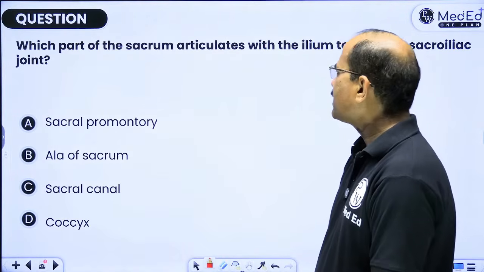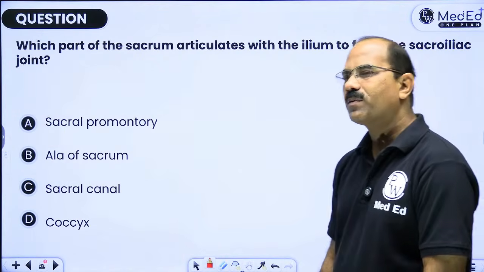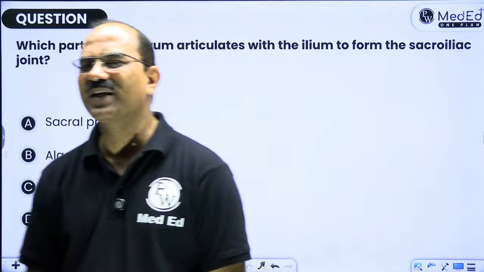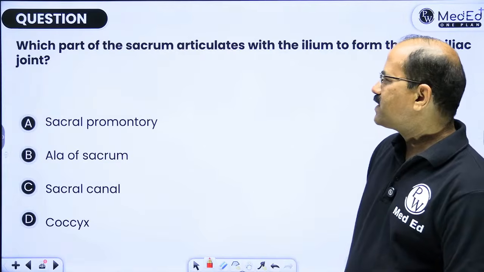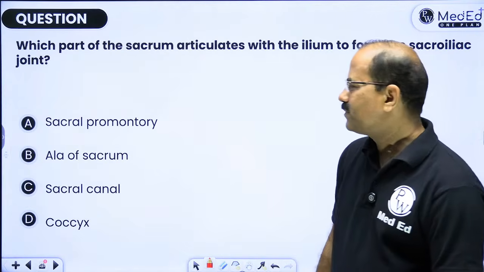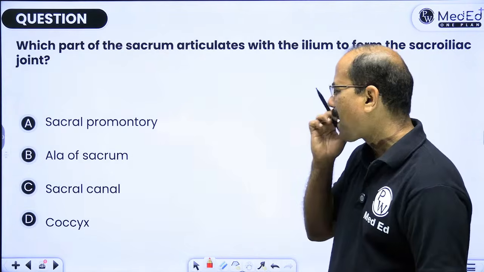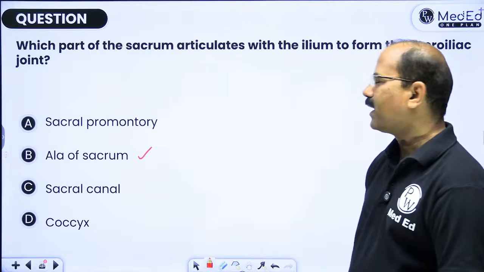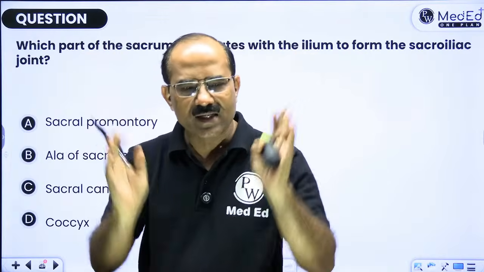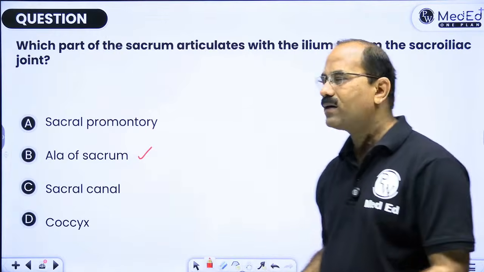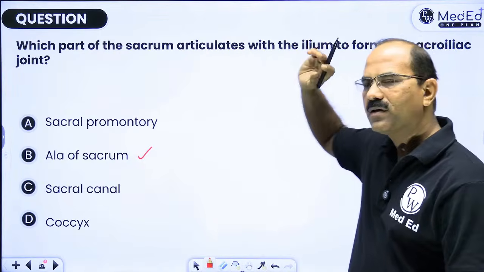Which part of the sacrum articulates with the ilium to form the sacroiliac joint? Anyone? Which part of the sacrum articulates with the ilium? So that's the ala of the sacrum. Ala is the lateral side of the sacrum. The ala of the sacrum, the lateral side of the sacrum, articulates with the ilium to form the